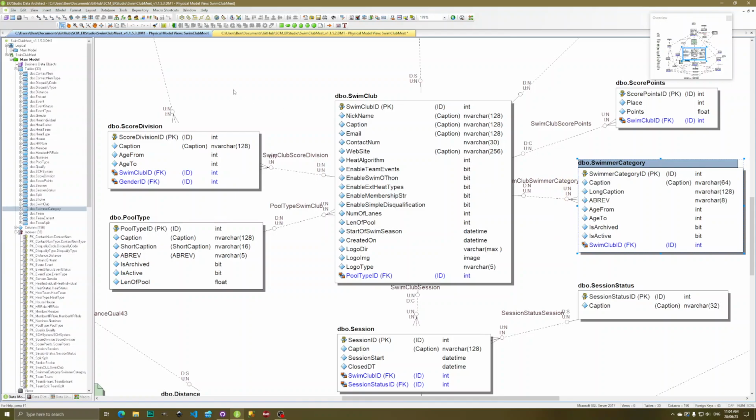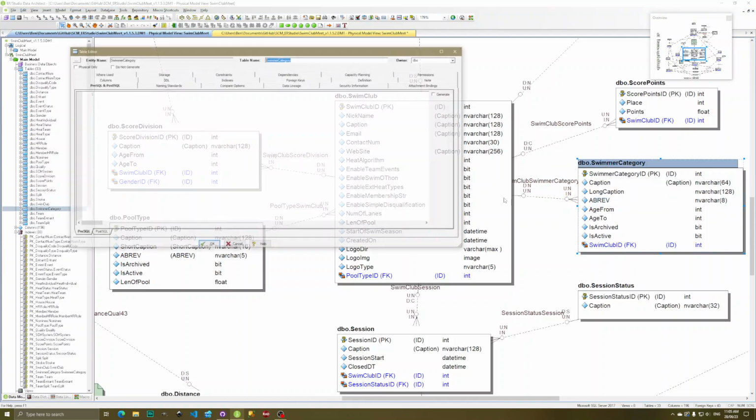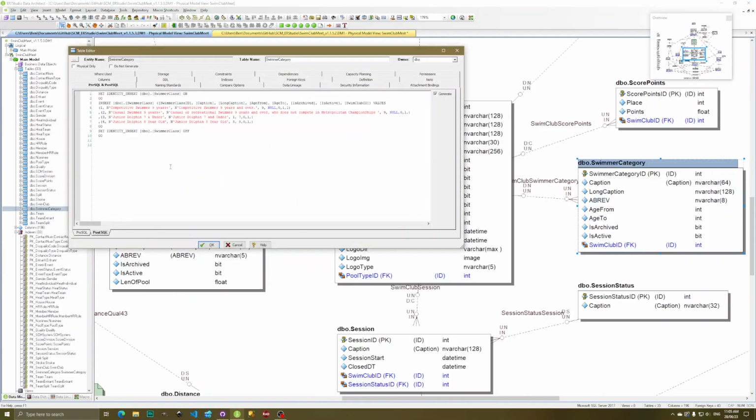Anyway, it's sort of looking the same. It's got age from, age to. There is no swimmer field now because they are all swimmers. If you make 2 categories of the same age to, age from, then you can add an abbreviation to make it unique. And if we look at the query for this, which builds it,